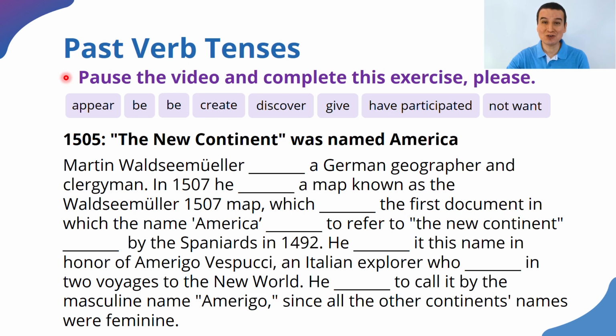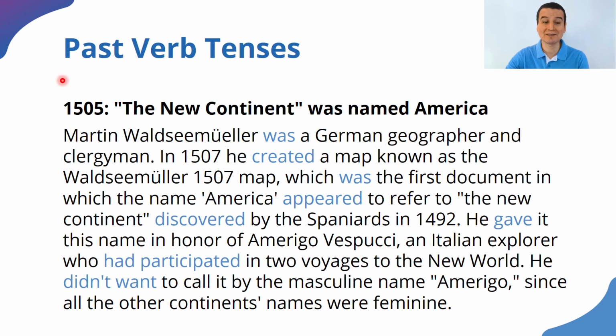All right, thank you. Thank you very much for having completed the activity. And here I have the answers for you. All right, it says, Martin Waldermüller, that is a German name, was a German geographer and clergyman. In 1507, he created a map known as the